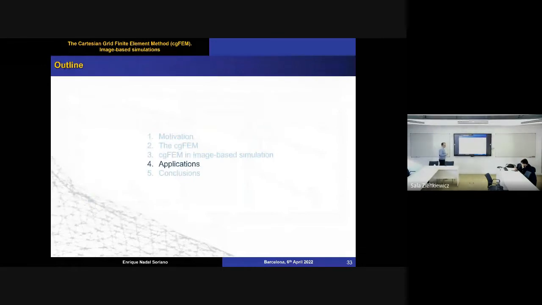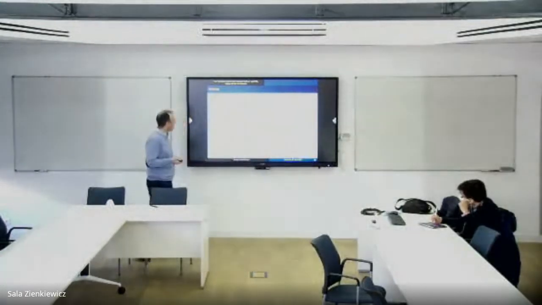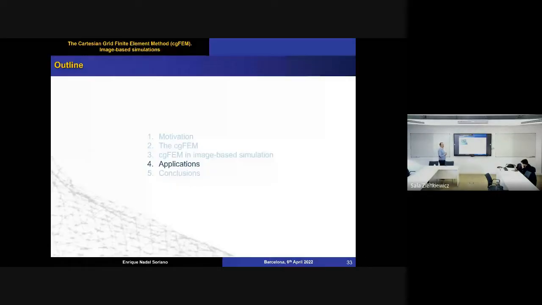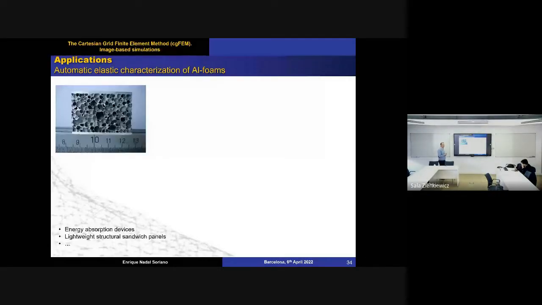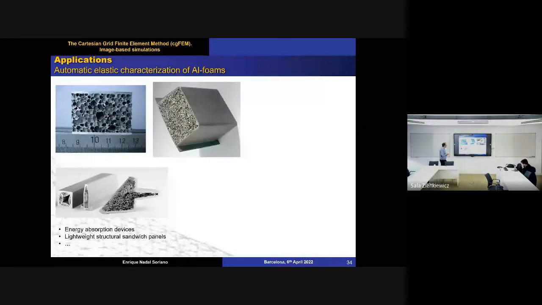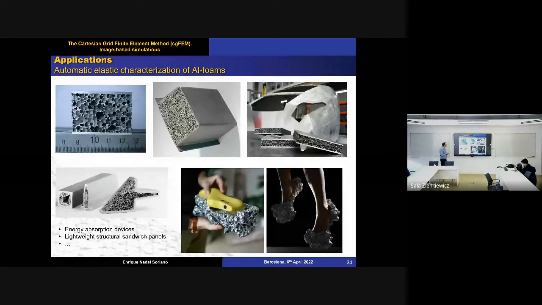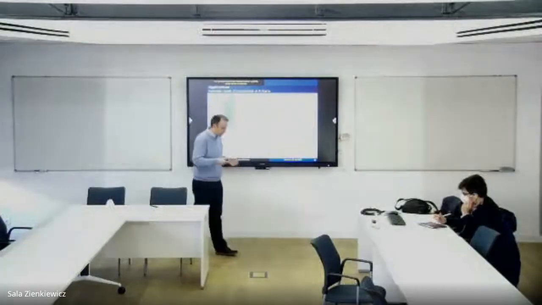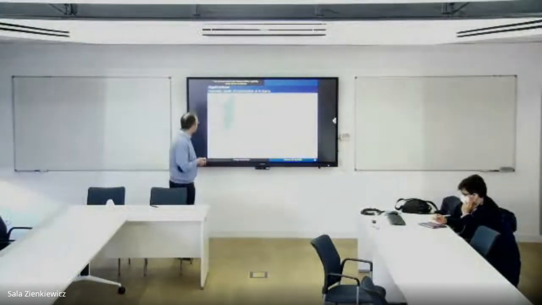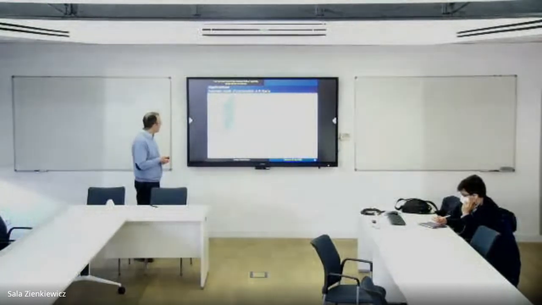Because of that, we always try to put at least 2 times 2 voxels in each element at minimum, or even more. Well, what are the applications? The first thing we test is with aluminum foams. These are very complex geometry in general, but they have several applications today in aeronautics or in many situations. By construction, they inject some kind of air or gas into the aluminum when it's melted, and